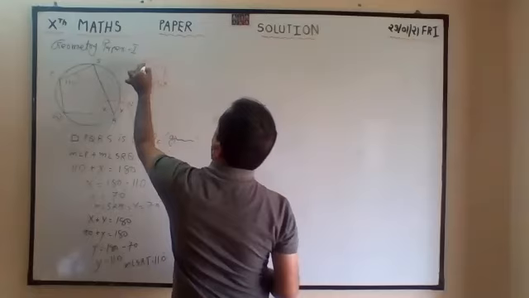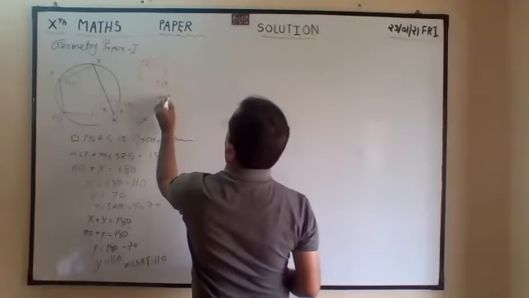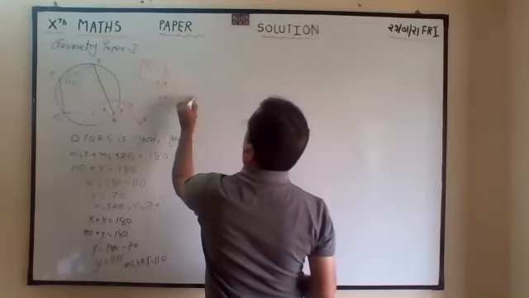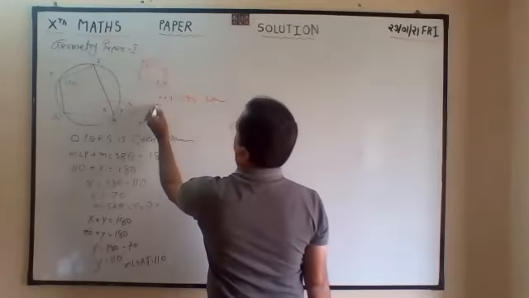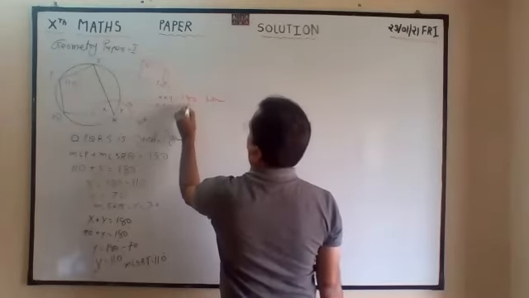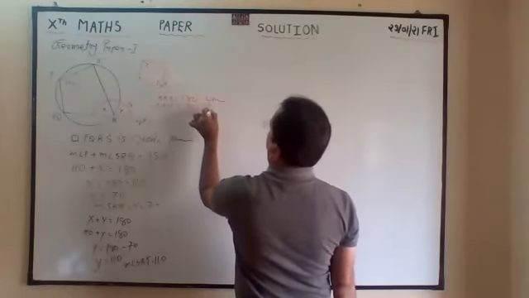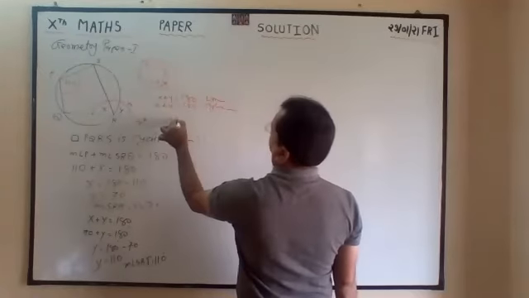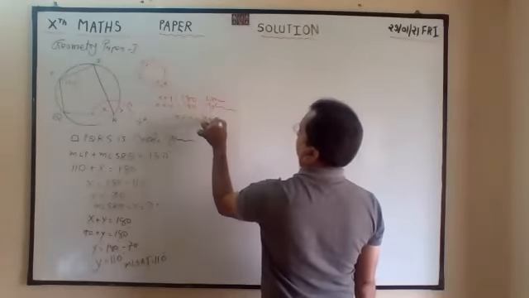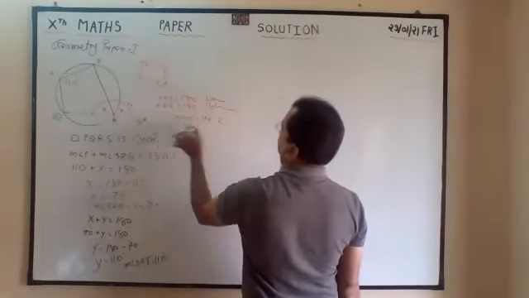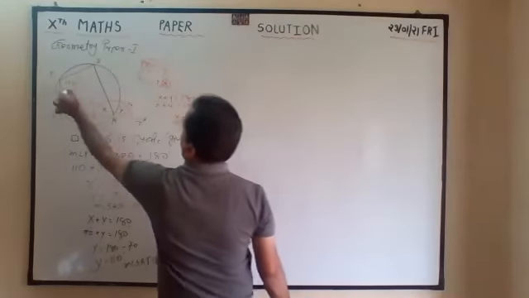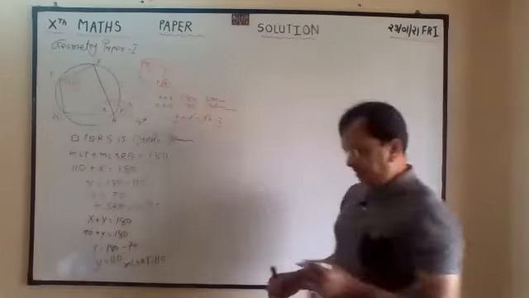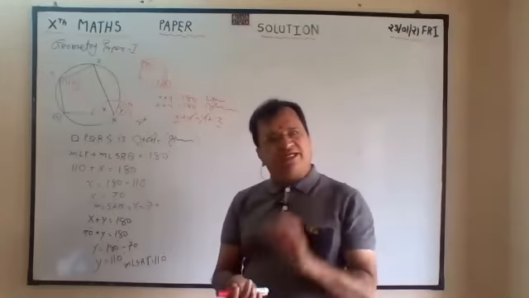X, Y, and Z. So we know X plus Y is equal to 180 because linear pair. And Z plus Y is also 180, cyclic. Therefore, X plus Y is equal to Y plus Z. Y cancels, X is equal to Z. So this is equal to Z. So Y is equal to this. That is why we are getting this. So like that also, that is the second method.